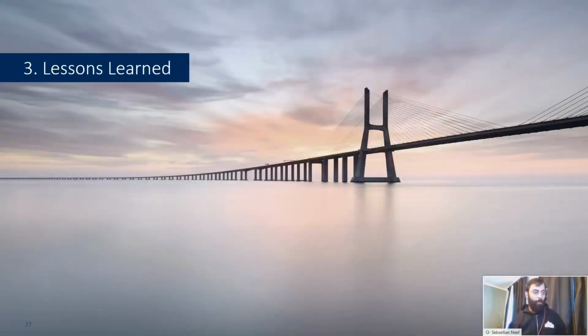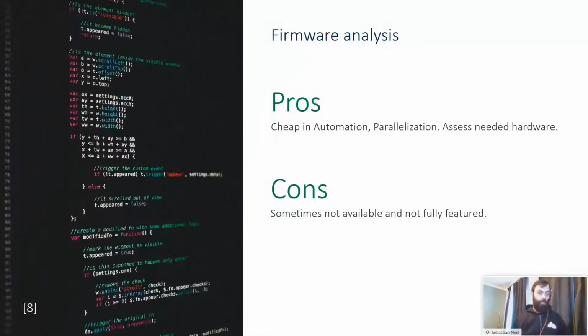So what are the lessons learned from all this hacking on the devices? We believe that initial firmware analysis is a good approach because it's cheap and automatable. When you can download it, you can extract it, and run tools like grep on the files to look for secrets, configuration, and sensitive information.